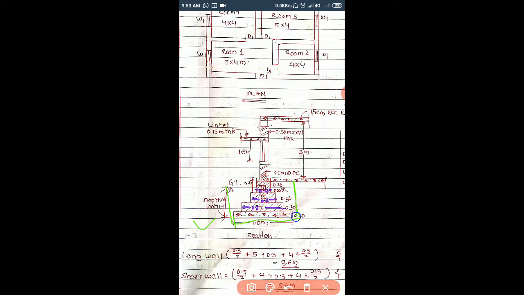So this is the excavation pit required for this foundation. What will be the width of this excavation pit? 1 meter. And what will be the depth of this excavation pit? From below the ground level. The depth of footing is not directly given, so we will add up these lengths: 0.2 plus 0.3 plus 0.3 plus 0.4 plus 0.2. Likewise we will add up all these things and we'll get the depth of footing.